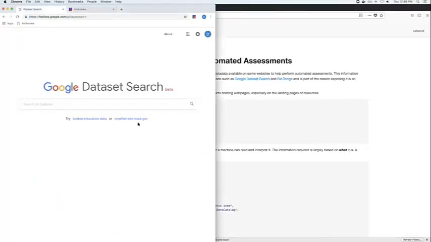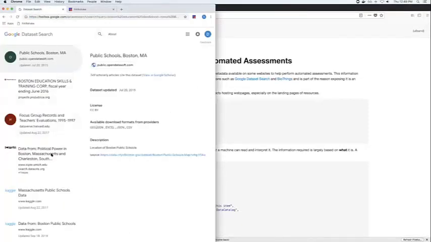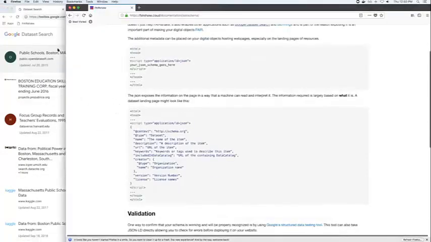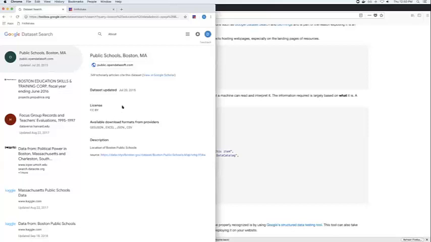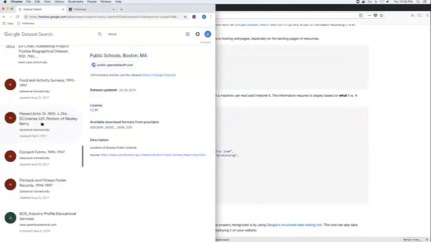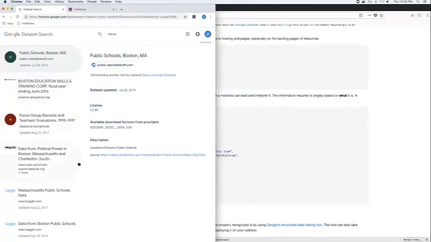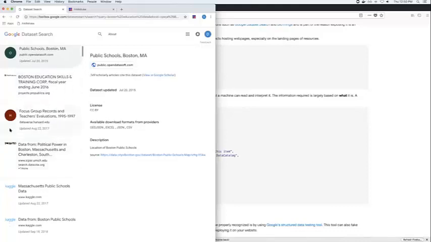Dataset Search by Google is meant to actually crawl different datasets throughout the web, and by providing this information in those datasets, it can show up on this page and put these fields in the correct place, showing users data from all types of different sources all in one place and looking the same way.